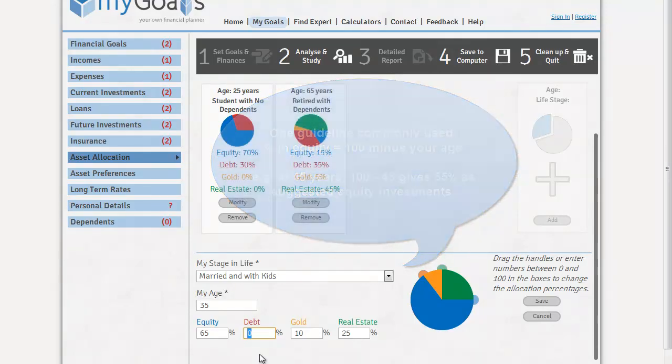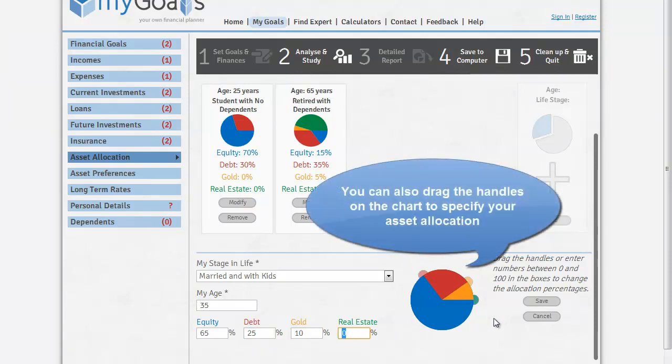It is quite likely that you might not have any investments in real estate at this point in time, and that you would also like to keep your money in some safer places for your emergency needs or for your short-term investment needs. So you would choose, say, debt instruments like fixed deposits or mutual fund income schemes to park your savings that you need to get returns on in the next year or so. So let's say you decide to put 25% in debt and the remaining 10% in gold.